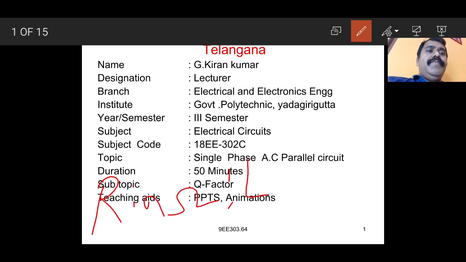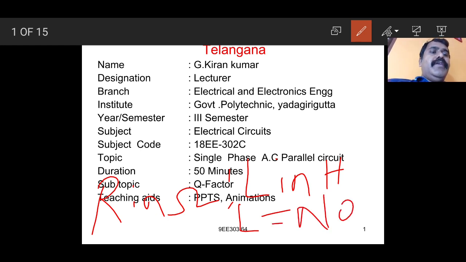L is the inductance. Inductance can be defined as the property of a substance which opposes the rise or fall of the current or the flux through it. It is indicated by the letter L, measured in Henrys, H. We can also express L equal to N phi by I, the product of the number of turns and the flux per unit ampere, measured in Weber turns per ampere or Henrys.